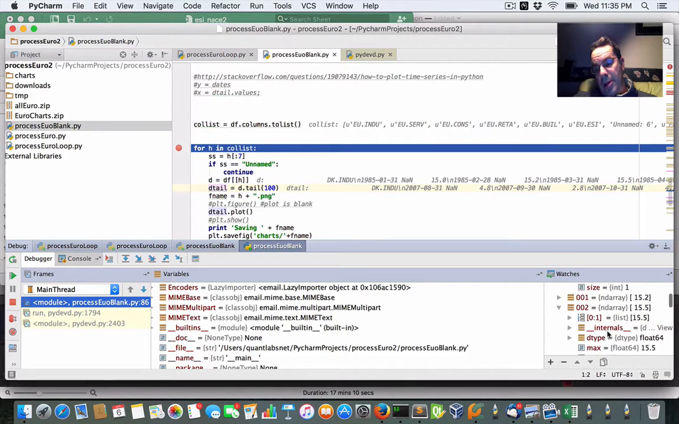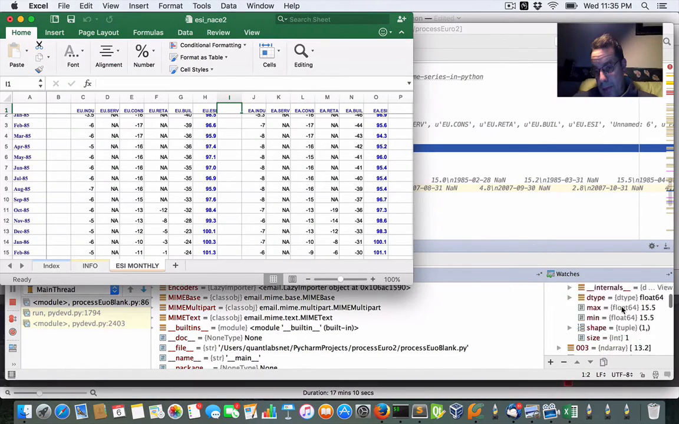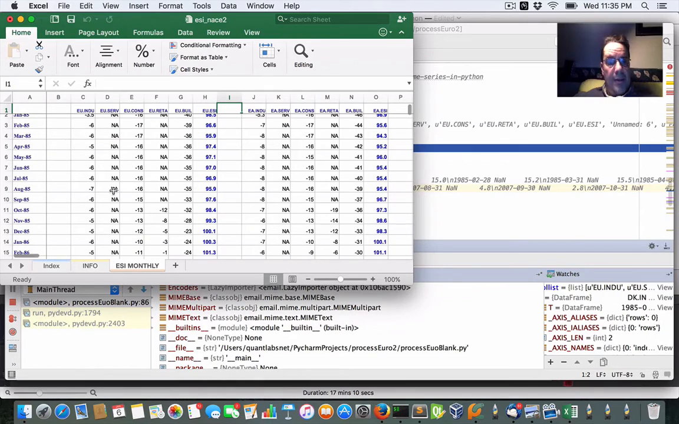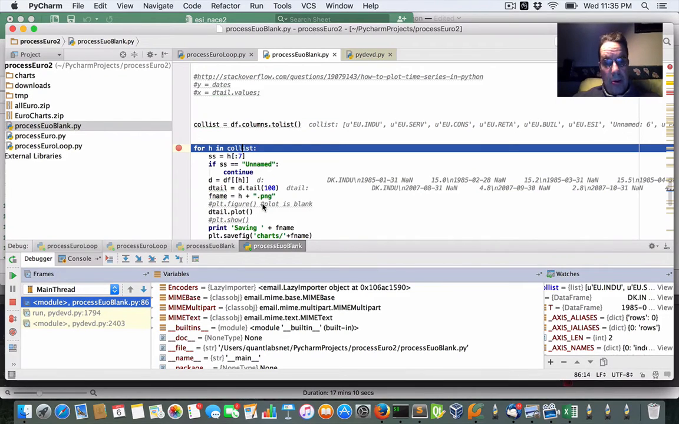So let me show you that. Go into Excel, that would be which value? That will be EU INDU. So it'll be here. It'll be one of these values of this column. So that's what we're dealing with right now. So we've just extracted EU INDU, and now it's extracting all the